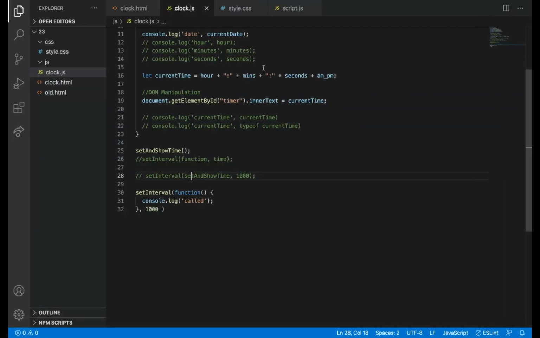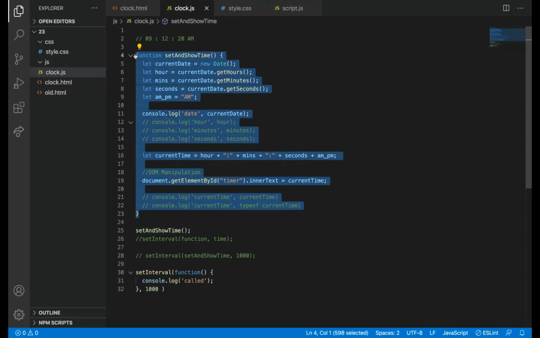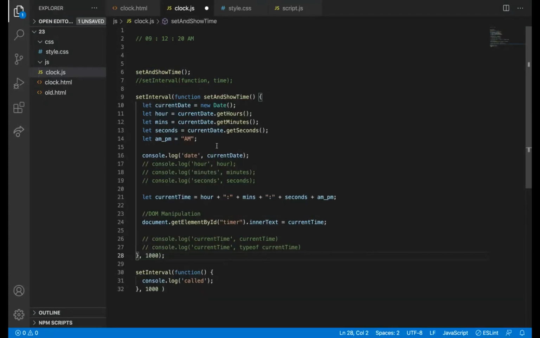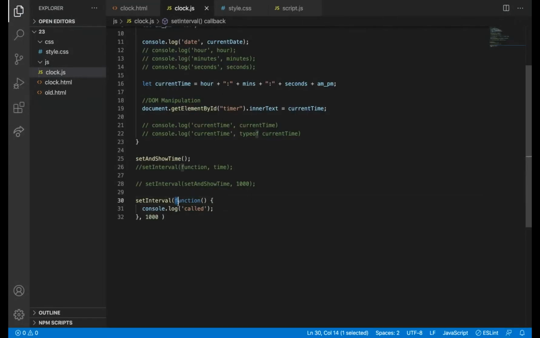So at that time we will use the setInterval function. The syntax here is actually a function. Here I have just mentioned the function name, but what it will do is copy it here, and the meaning is like this. Actually, I have done the same thing here: just adding a function and then with the timer of 1000. So with 1 second interval, it will call this function.